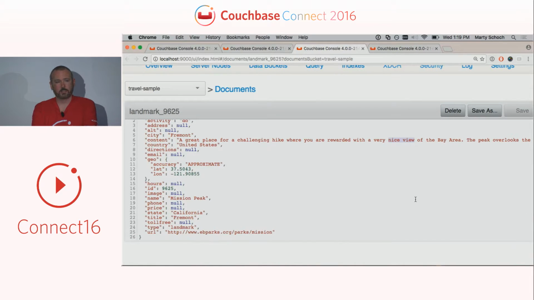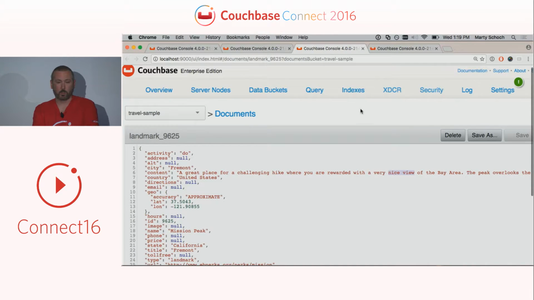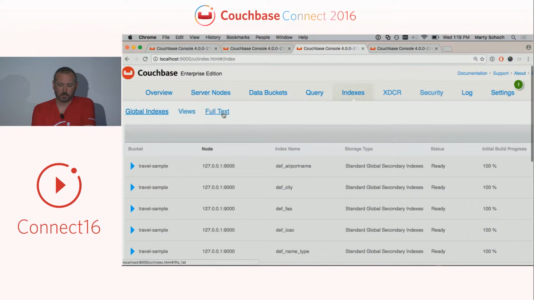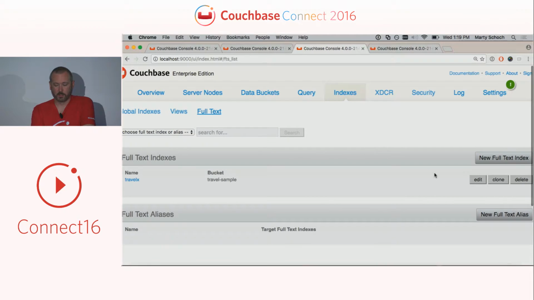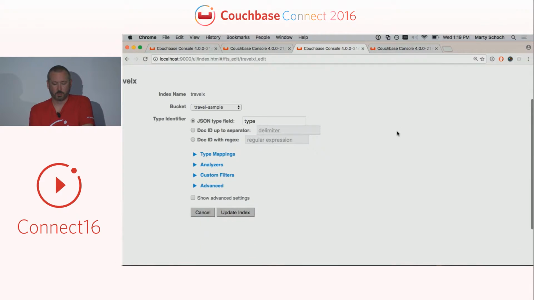Now, that's only going to take you so far. So let's go ahead and look at why you might want to start customizing the mapping. So we'll go back to indexes, full text, and we're going to edit this index and make some changes. There's a couple things you might want to do. The thing I'm going to focus on first is the size of that index, right? That was really kind of large, and we know it was indexing a lot of fields that maybe weren't that interesting. So the first thing we're going to do is